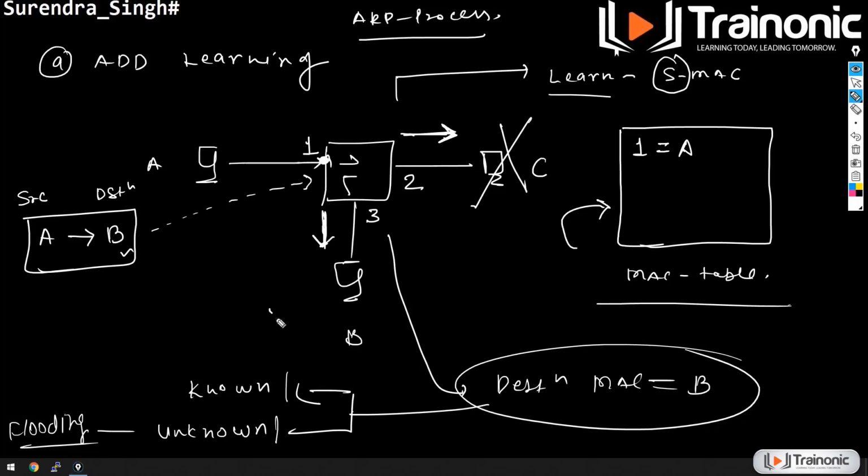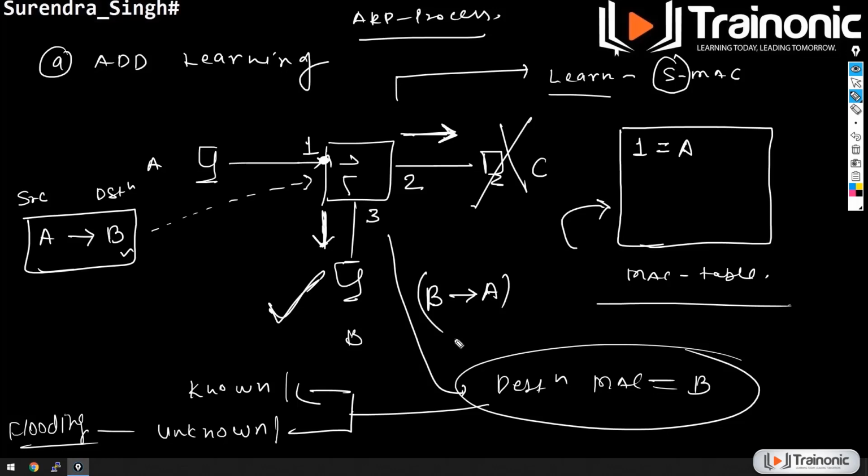But this device will accept that frame because the destination MAC address of the frame is matching the MAC address of the device itself. So now the device will receive the frame, it will decapsulate the frame, then let's say it is pinged, so it will give the reply. And when the reply goes from device B to device A, the source MAC address will be B and the destination MAC address will be A.